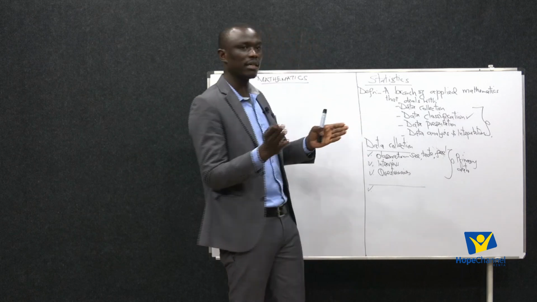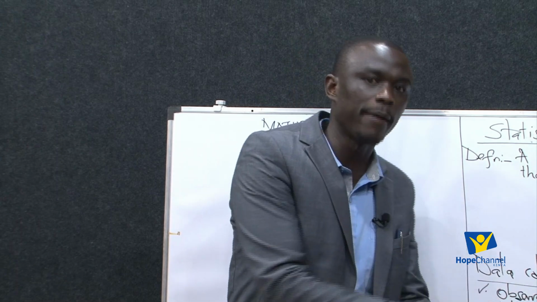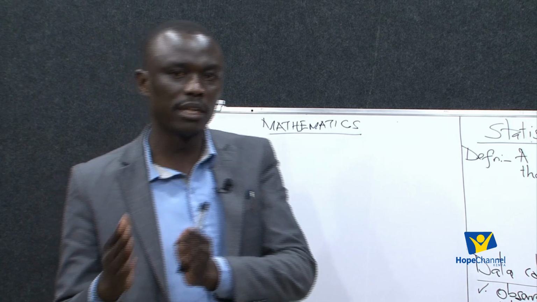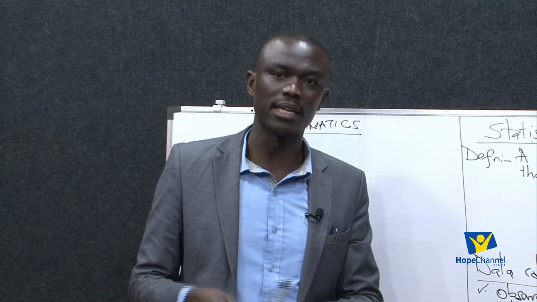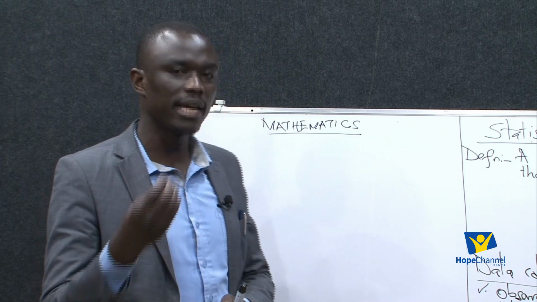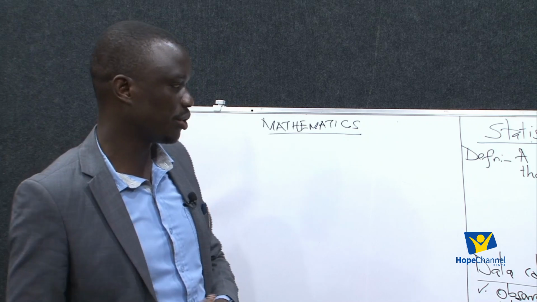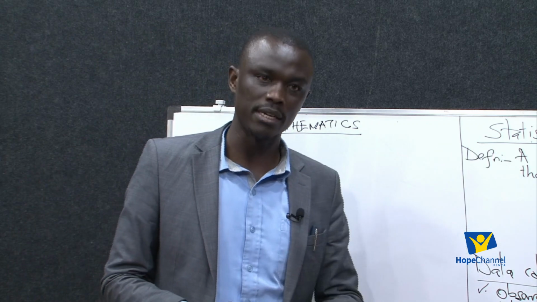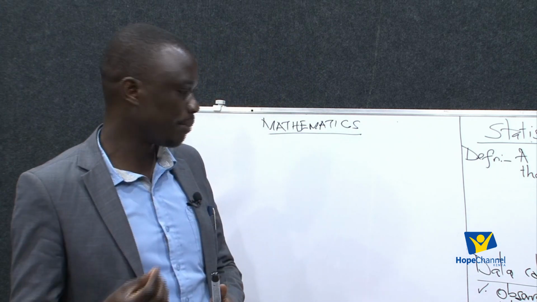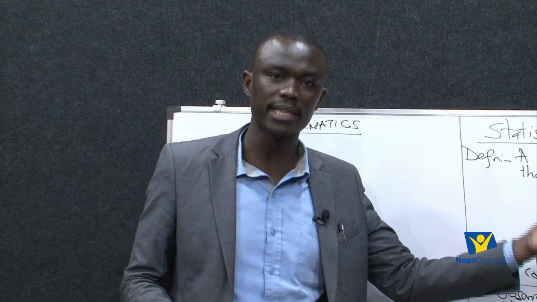So the data that are in the same category are put together. The ones that are in another category are also put together. The reason for doing that is that statistics requires what is called order. The data presented must have an order. So in such a situation, we have to classify data. It is one of the preliminary steps that we take after collecting data.